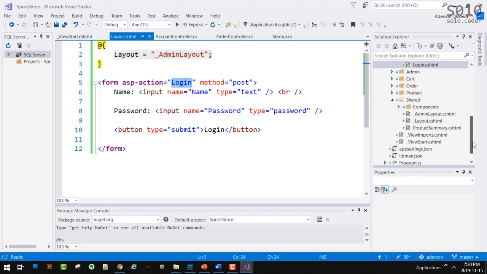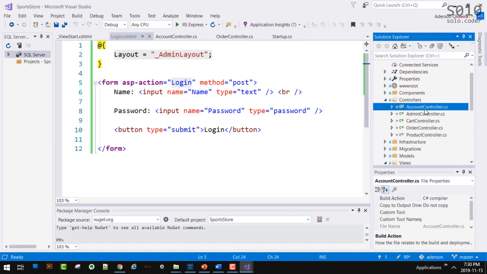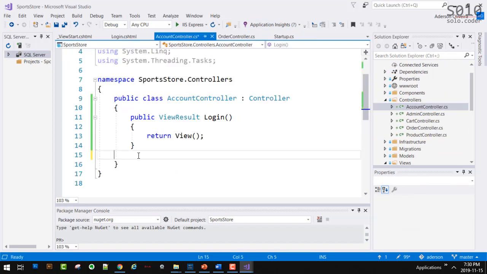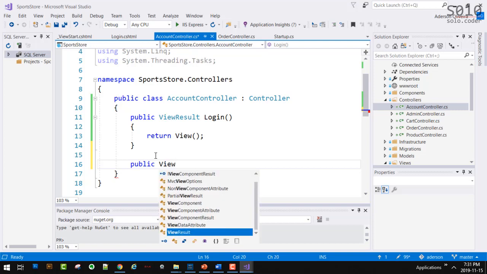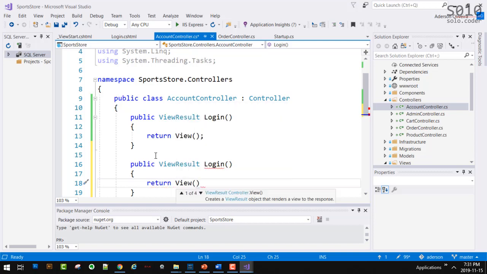So let's stop here and do that. Let's go back to our account controller and expand this a little bit. Let's say public. For now, let's say that this will return a view result, and we're gonna call it login. Return view. Now, a few things here.